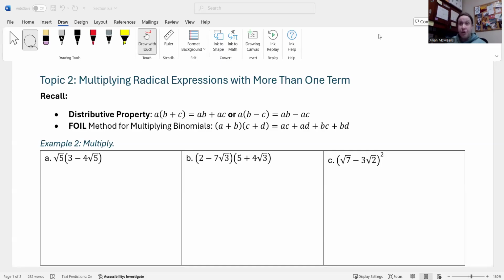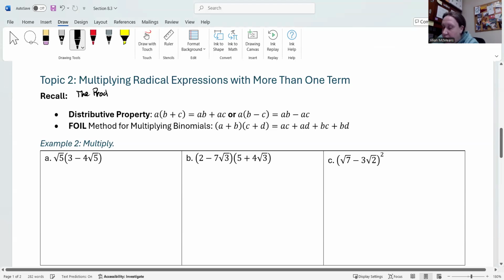Okay, for topic 2, we're going to look at multiplying radical expressions with more than one term. So we've already talked about the product rule for radicals. The product rule for radicals allowed us to multiply single term radical expressions. And just in case you forgot, the product rule states,